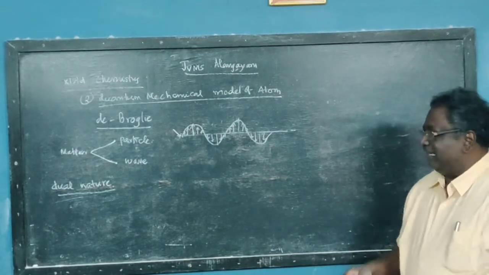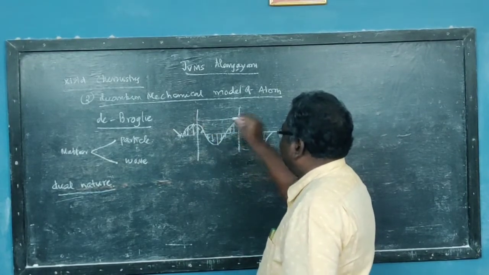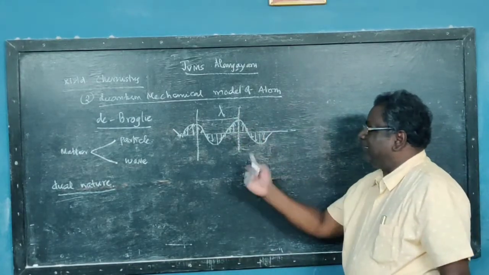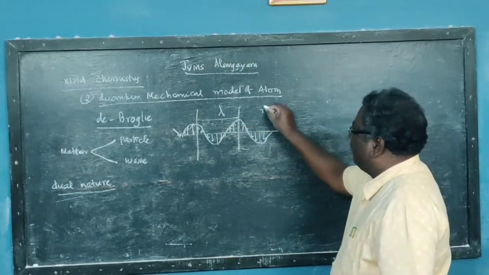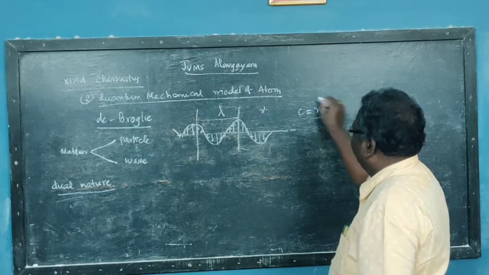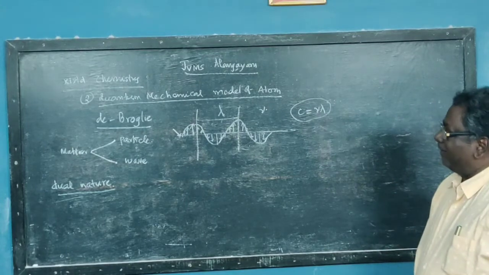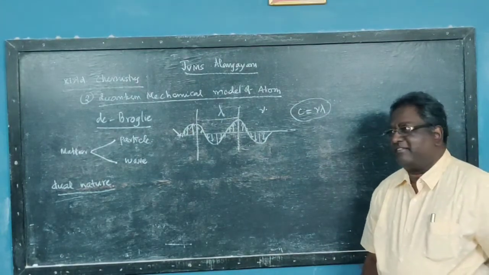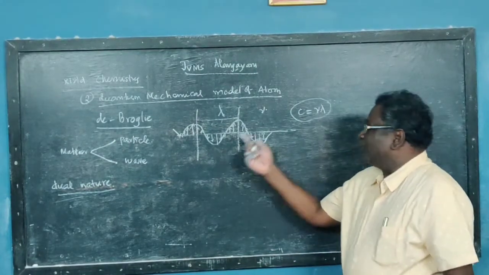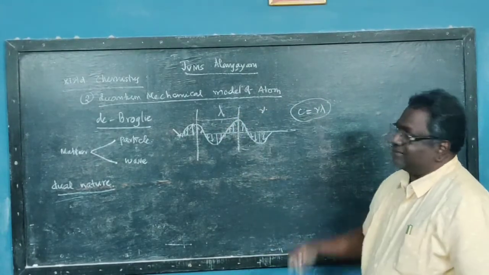So when you say wave, it's a disturbance in the medium. The distance between two troughs or two crests is called lambda, wavelength. And the number of crests crossing a particular point in 1 second is called frequency. If you multiply these two, you will get the velocity of the wave. Velocity of the wave is c is equal to nu into lambda. So these are all the physics aspects. You should know how a wave is formed. What are the three measurements of the wave? One is wavelength, the other one is frequency, the other one is velocity, right?